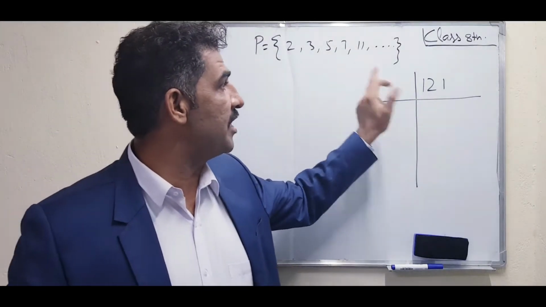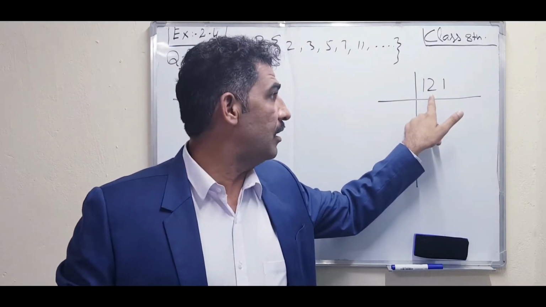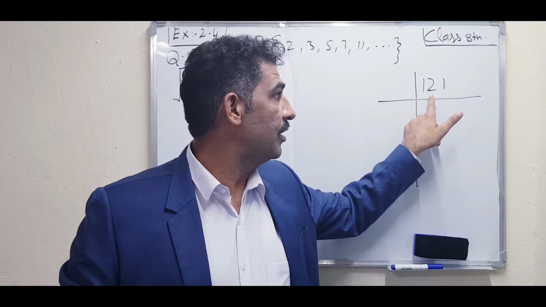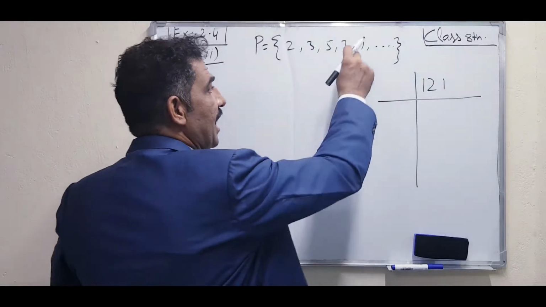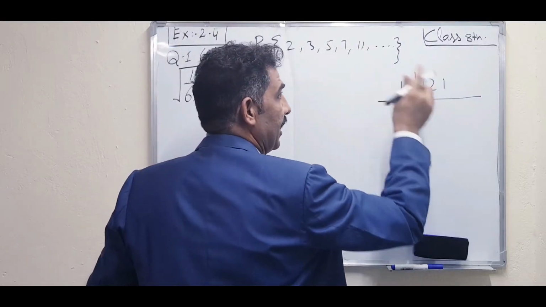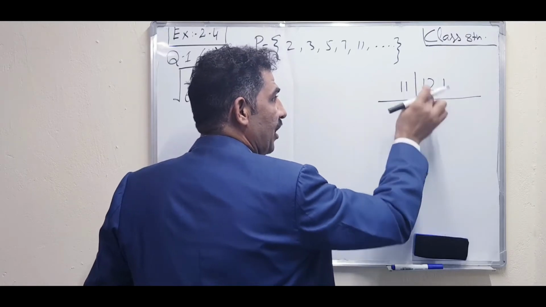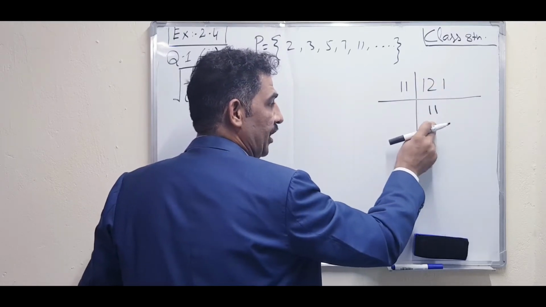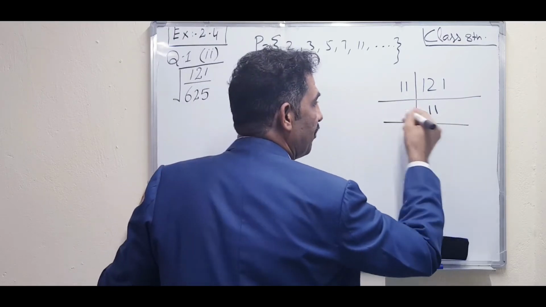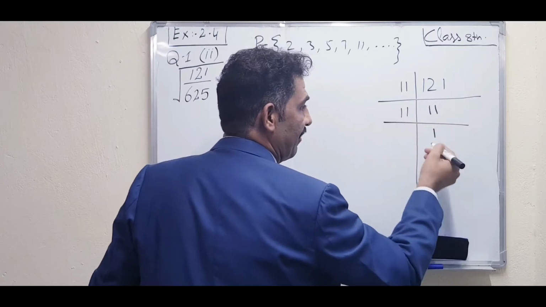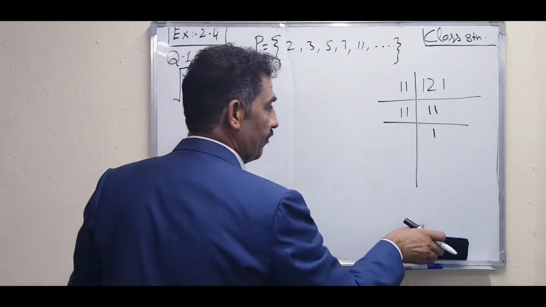7 is also not divisible, because 7 ones are 7, the remaining number is 5 plus 7, 12, and then 51. 51 is not divisible by 7, so it is divisible by the next number, 11. 11 is also a prime number, so 11 ones are 11, and 11 into 11 is 121. Here you have to write the quotient, and here the divisor. Again we divide: 11 ones are 11, quotient 1. The factorization of 121 is finished.